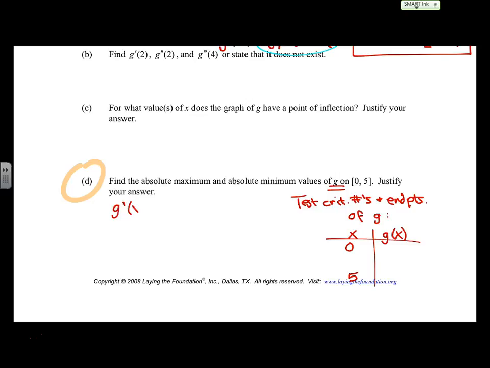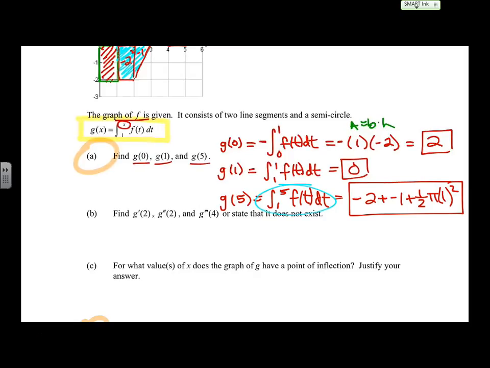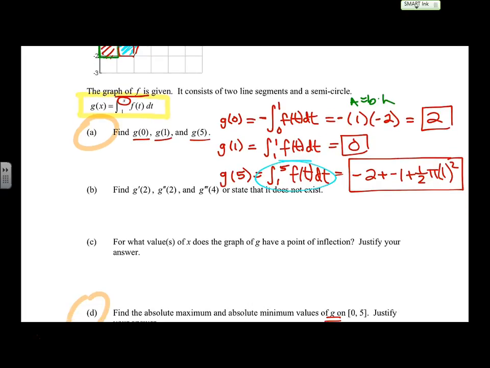How do I find critical numbers of G? Where the zeros are. You said G prime of x equal to 0. Who is G prime? How do I take the derivative? Now some of you need to actually do this, write it down for your brain to attach to a forever card. To find G prime, I need to take the derivative of both sides. So I need to take the derivative of who G equals, which is the integral from